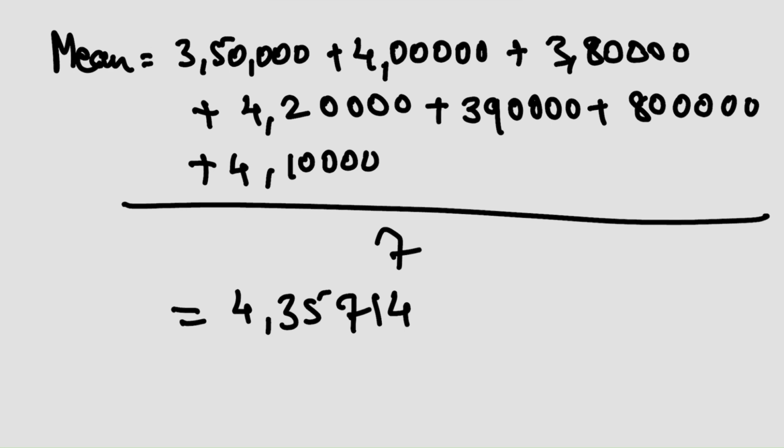So let me calculate the median for the same data, these 7 points. First you need to sort them, arrange them in order and find out the middle value. So there are total 7 values, that is 1, 2, 3, 4, 5, 6 and 7. If I arrange this in ascending order, I will first write 3,50,000, then